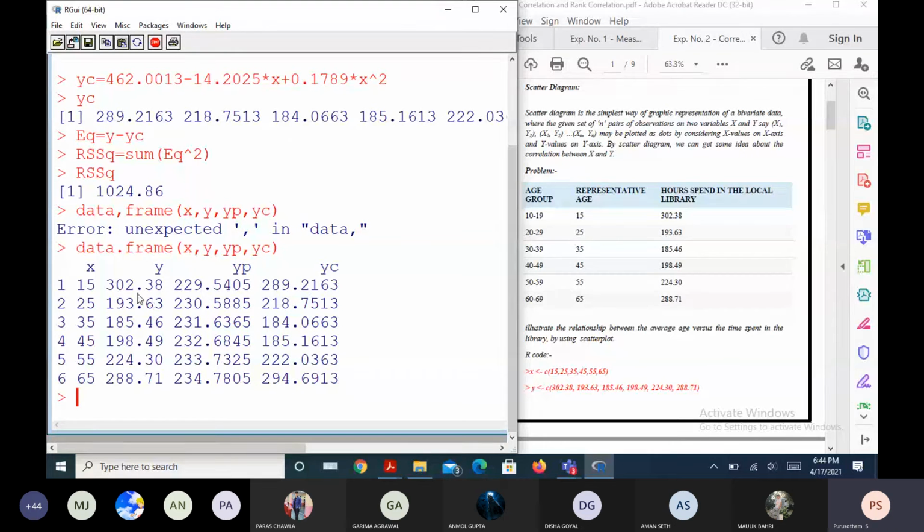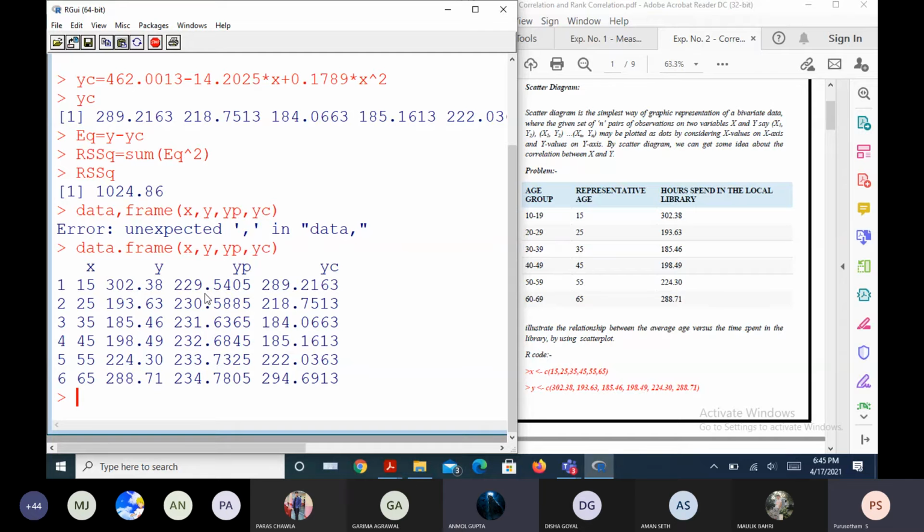So 302 minus 229, the difference is how much approximately? Is it approximately 73? Yes, sir.